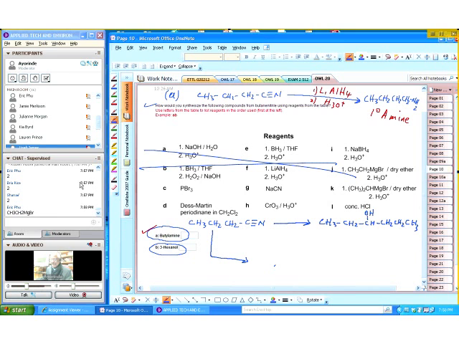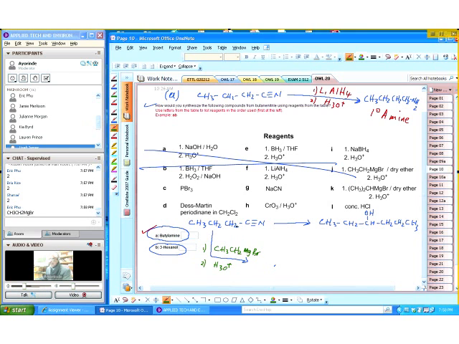You use ethyl magnesium bromide. That is our Grignard that Eric wants us to use. So we do that, and then of course step 1, step 2,